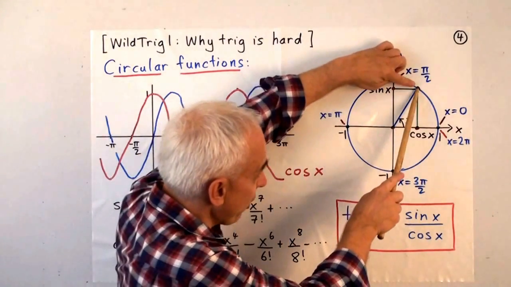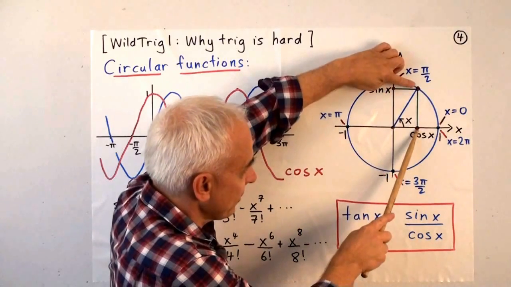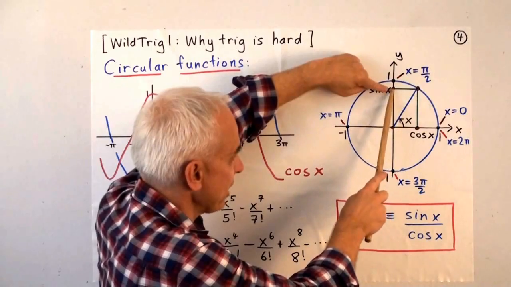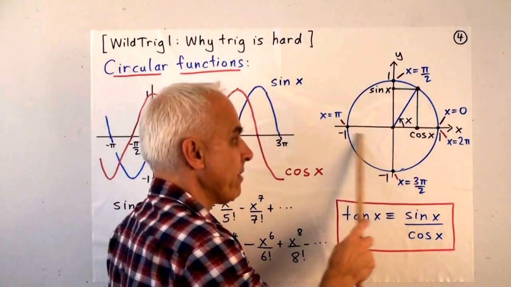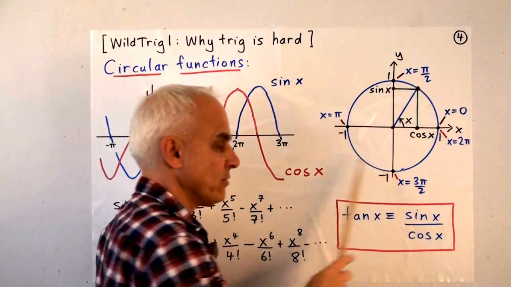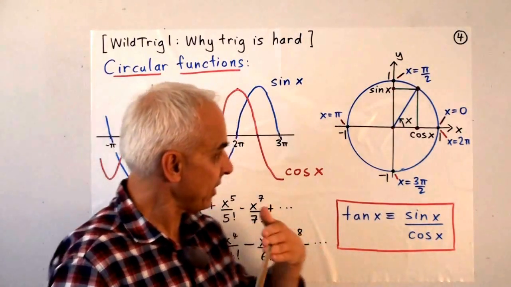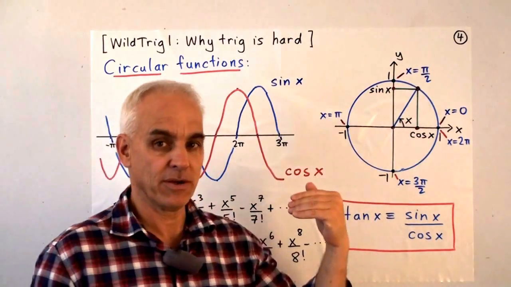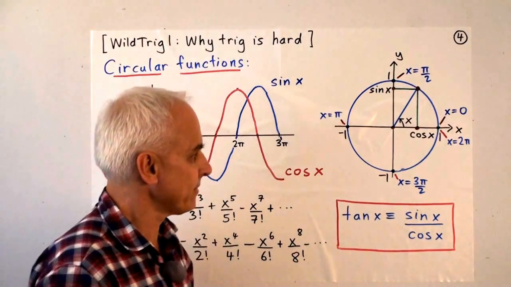Now, associated to that point are these 2 projections onto the x and y axes. This point has coordinates cosine x. This point has coordinates sine x. Clearly, this coordinate is always between 1 and minus 1. And similarly, sine x is always between 1 and minus 1. And we think of this as being a functional relation. We think of x as being the independent variable. X is allowed to change, and sine x and cos x follow x. They are functions of x.